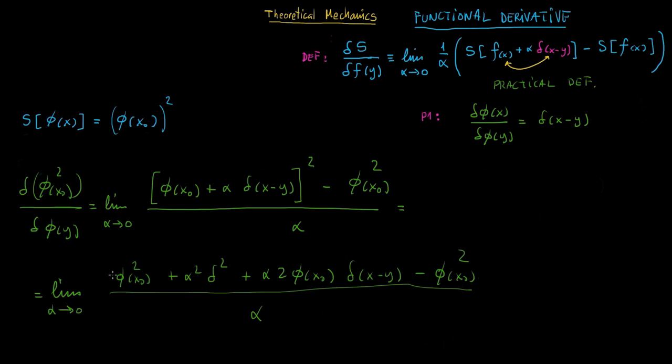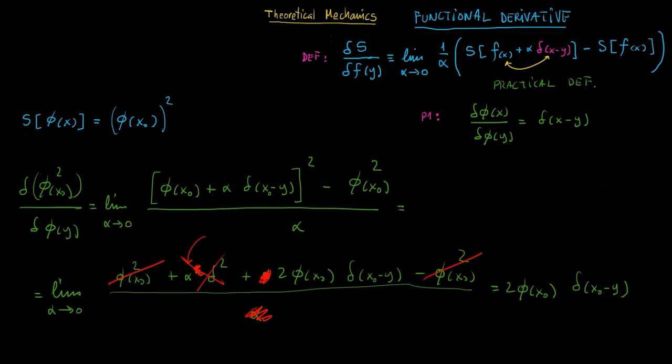So we can cancel out this with this, square with this alpha, and this alpha also. When alpha goes to 0, this term cancels, and the final result is 2 phi of x0 delta, sorry, again, this is x0, sorry,